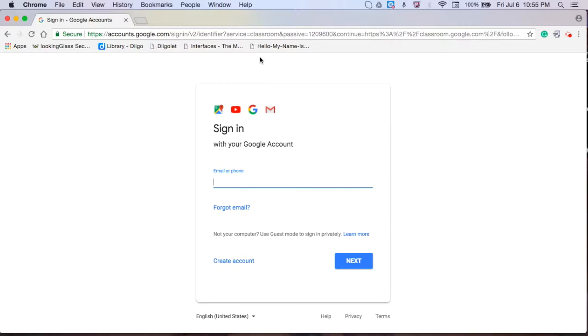You'll come to your sign-in page. Your email address that you will always use for your Google Classroom account is your student ID number, which is a 6-digit number that you use for lunch, at philasd.org. So it will be 6 digits, something like 1, 2, 3, 4, 5, 6, whatever you put in for lunch. Hold the shift key and press the 2 for the @ sign at philasd.org. So that's your student ID number at philasd.org. For the purpose of this video, I will use my email address because you will need to know it anyway,